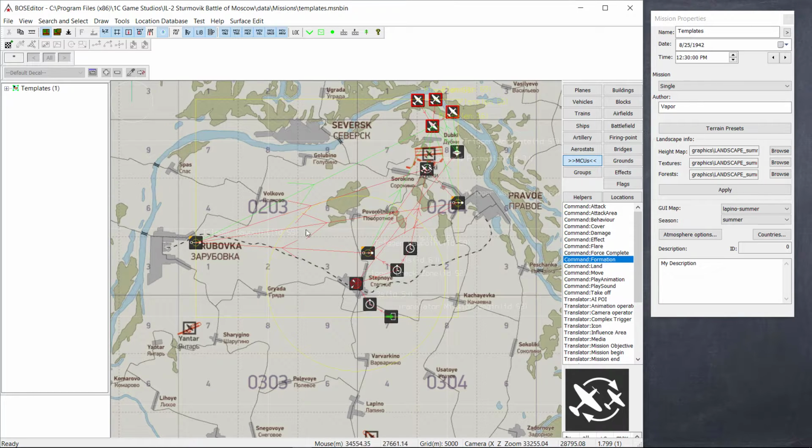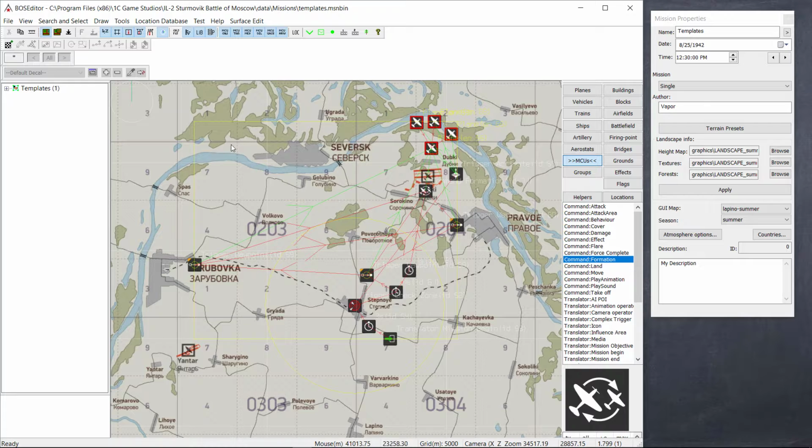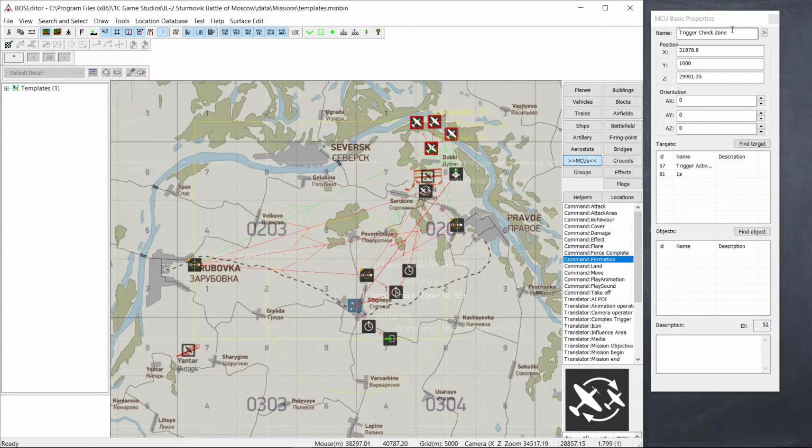So right here we have this. This is our basic intercept group. So yeah, one of the other things we can do, which is a good idea, is to come in here and name things. You can rename these. If we're going to set them in a template, it's a good idea. So patrol CZ for check zone, patrol CZ1 for check zone 1,